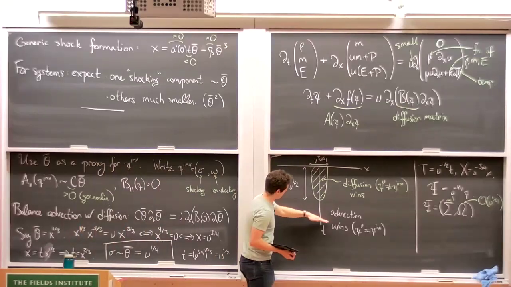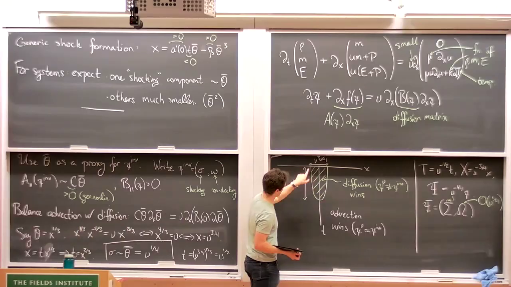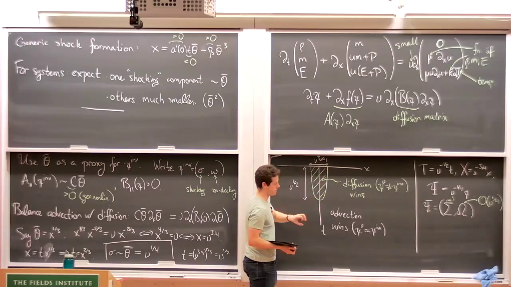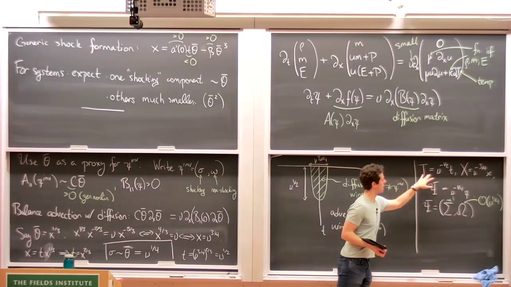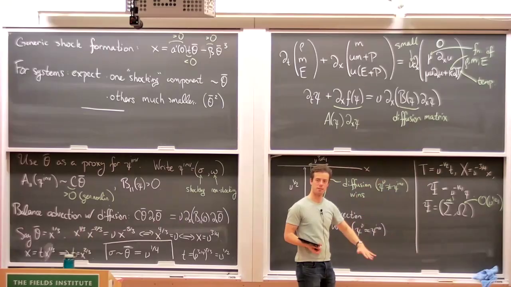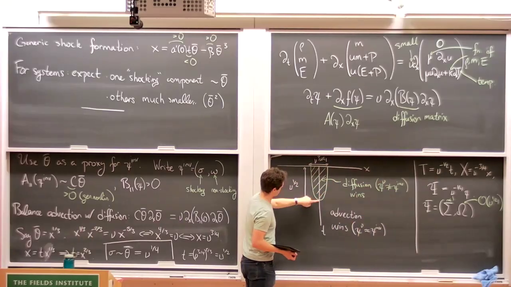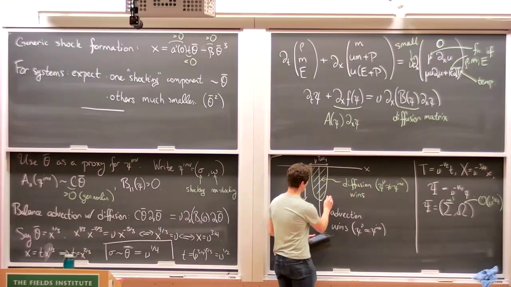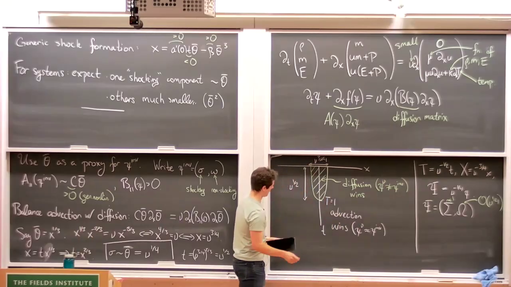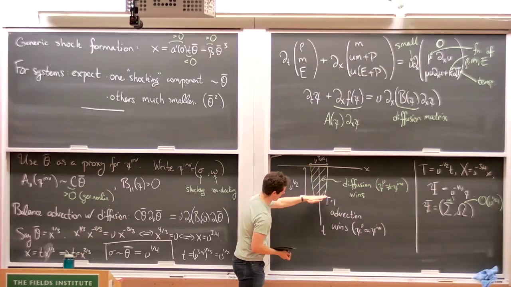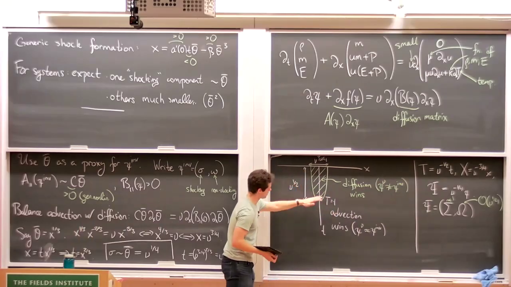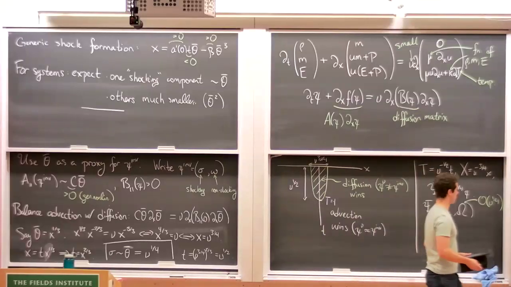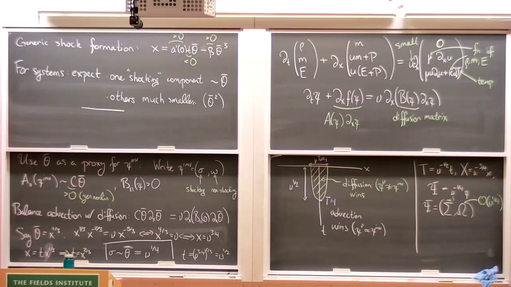Now, when I carry out that process, when I say I'm moving further and further away from the green zone, what that means is that in the rescaled coordinates, I'm sending capital T, my rescaled time, to past infinity. Let's say this location is like capital T equals 1. Then down here is capital T equals 2, and I'm moving further and further away. I should say -1, sorry, to past infinity here. So as capital T goes to -infinity,